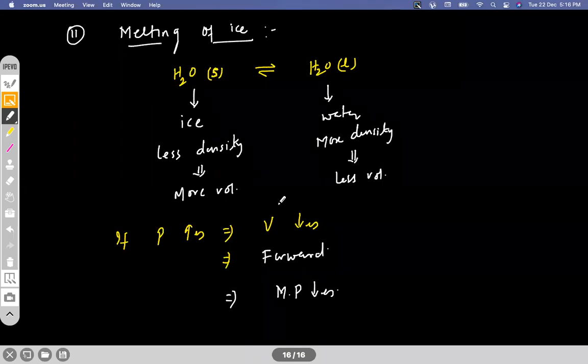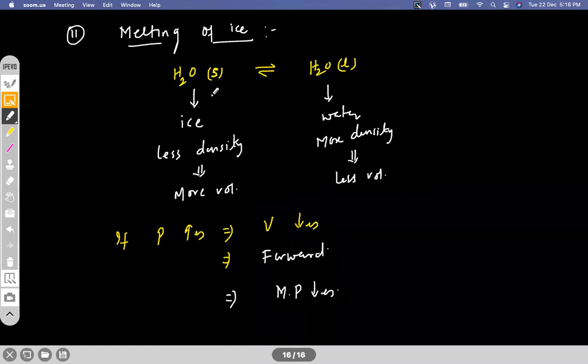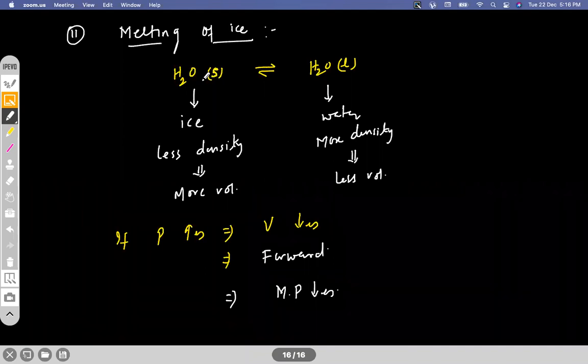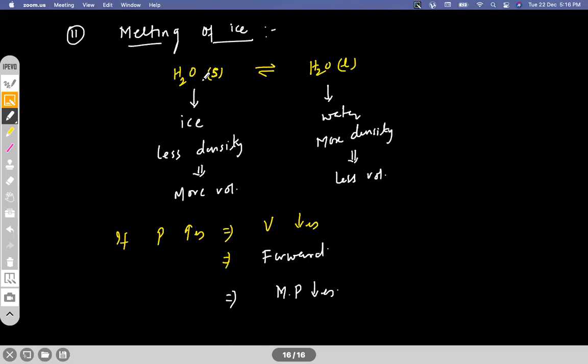Yes, clear, right? So always keep this in mind that as pressure increases, the melting point also decreases. This is the case of ice and water. It is the exceptional case we have because generally solids have more density than liquid. Okay, solid has more density than liquid, but this is the exceptional case we have in case of ice and liquid. What happens with normal solid, that also we'll see. Correct? Copied?